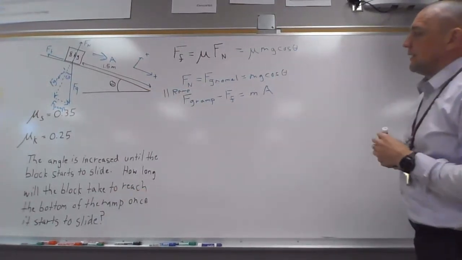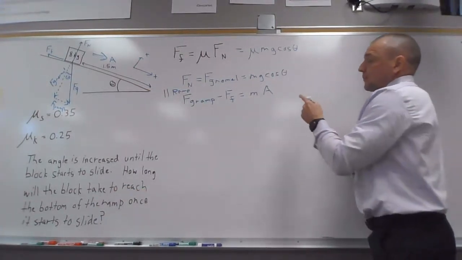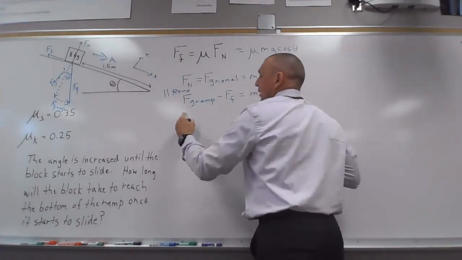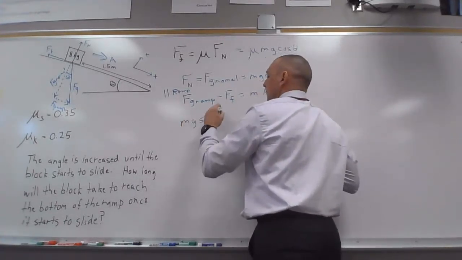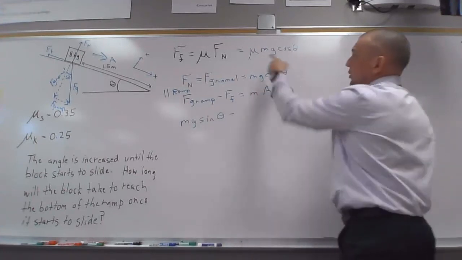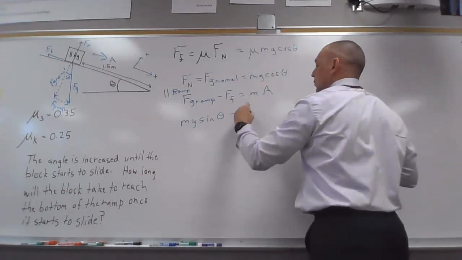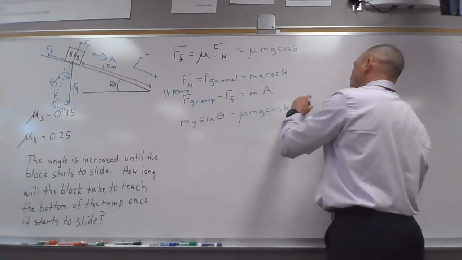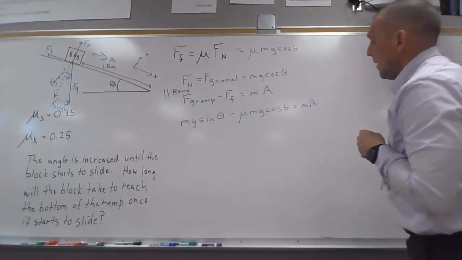And we can put these things together now. So the force of gravity down the ramp is going to be mg sine theta. The force of friction is going to be mu mg cosine theta. And that's going to equal the mass times acceleration. Okay,